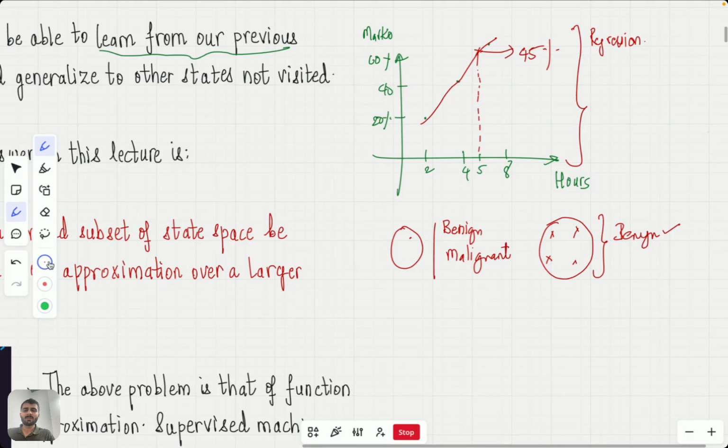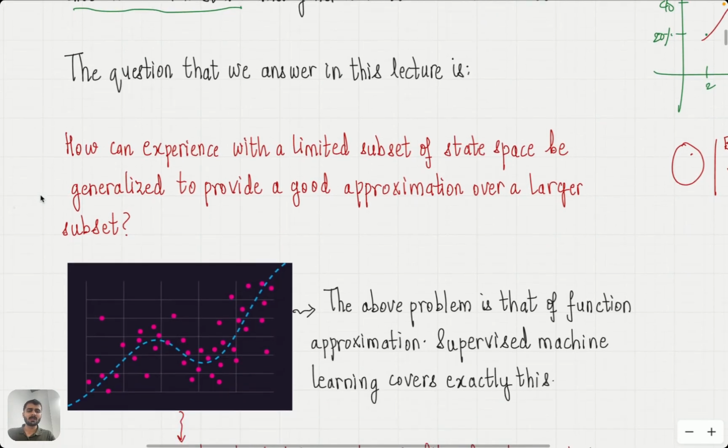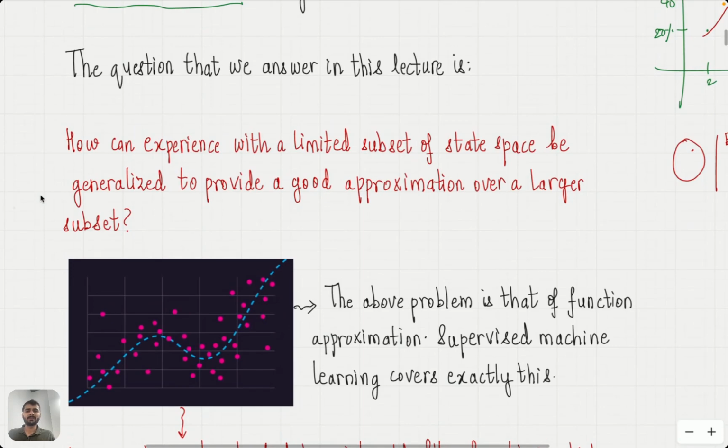So these are common techniques which we use in machine learning. When you encounter this question, the first thing that might pop into your head is, well, this sounds very familiar. This is function approximation in simple terms, and function approximation is something which people have been doing for a lot of years. Here I have provided another example where you see pink dots which represent the data that is available to us, and then there is a blue dotted curve which approximates this data,